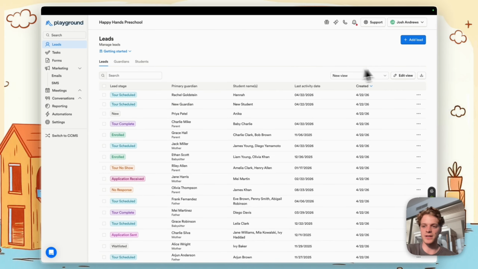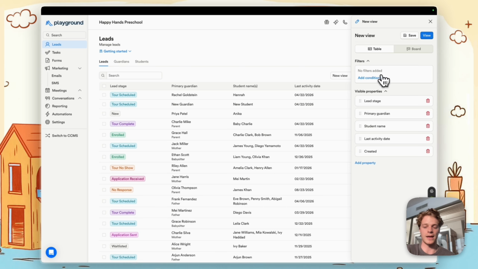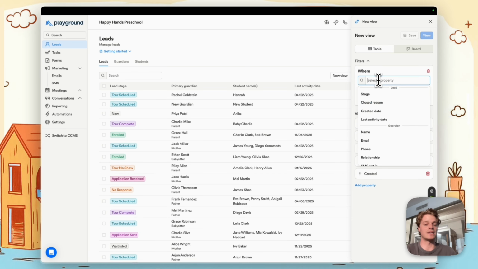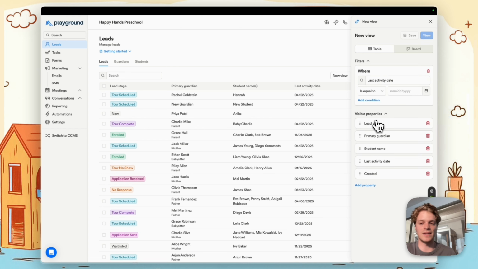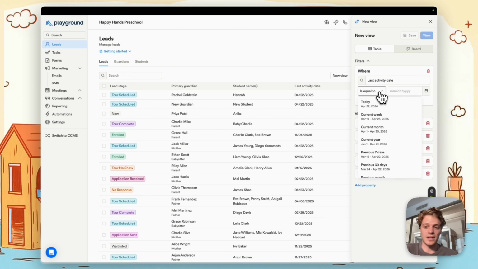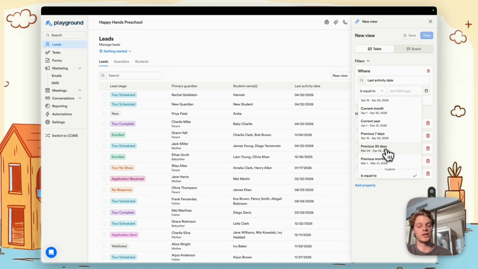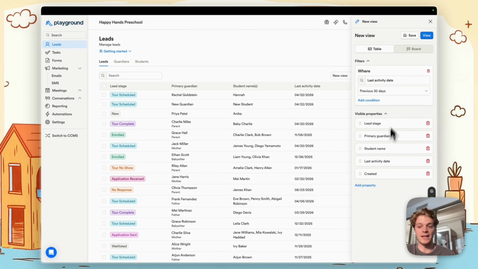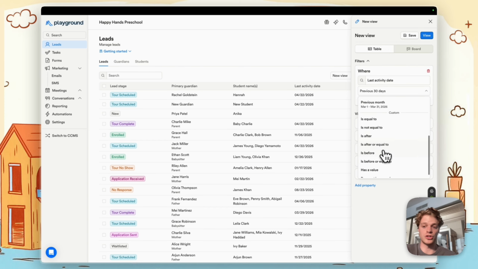In Playground now, if I look at my lead list, for example, if I'm editing a view and I want to filter by a specific date property, like the last activity date, you'll notice that there are now dates here, like the current week, current month, or previous 7 days, previous 30 days, that the system will now automatically filter by, instead of just doing it based off of specific hard-coded dates that are after or before a certain point